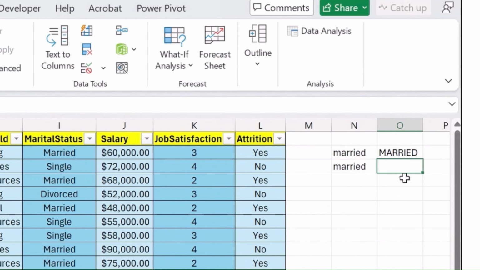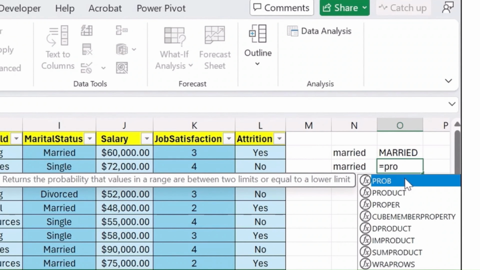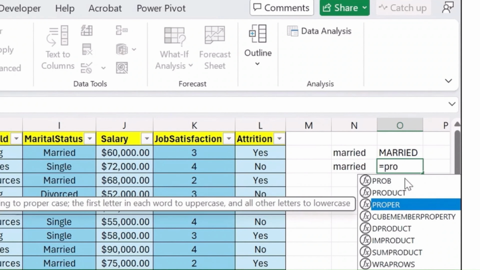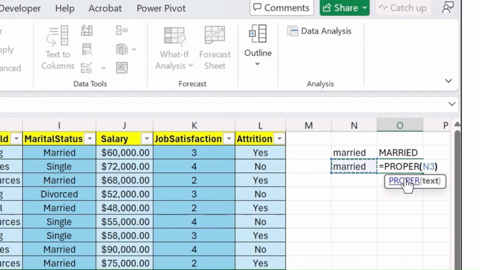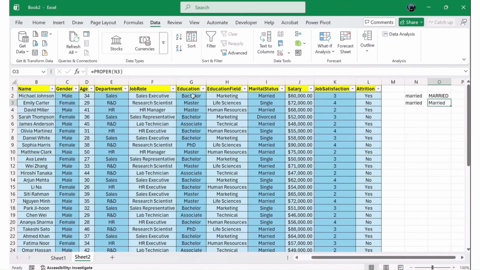So you can see your data has been capitalized automatically, okay. Or maybe you can use this proper function as well. Complete your call if in case your data doesn't give you the accurate value, okay. Like this, for us its first letter is capital, so it's good. But if in case it's not working in your case, you can simply use upper or maybe the proper function for